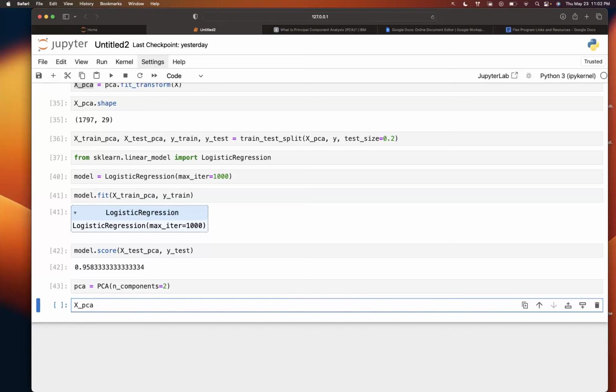What do you think, Rick? Do you think the percentage will go up or down? The score will go up or down if we just use two features? It's definitely going to go down. Right? So let's go ahead and see. Let's first make sure. Okay, number of rows are 179, the same,